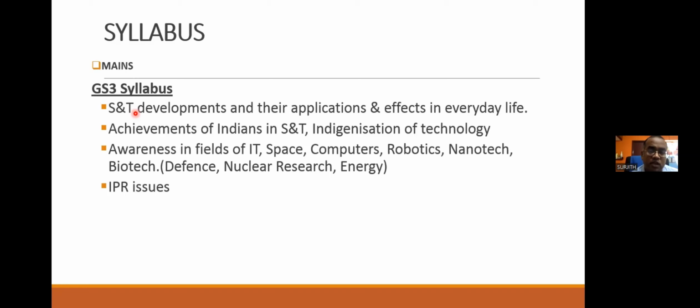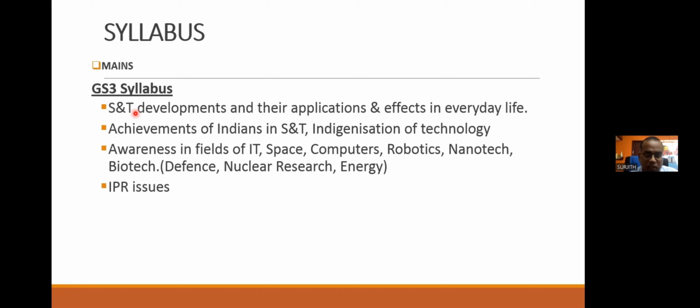The syllabus clearly says it is the significant development that has happened in the world or India and its applications and effects in everyday life. The reason I am highlighting the word application is very simple. When there is some significant development, you should not focus on the principle or process behind that development. Understood? For example, if I say Gaganyaan,